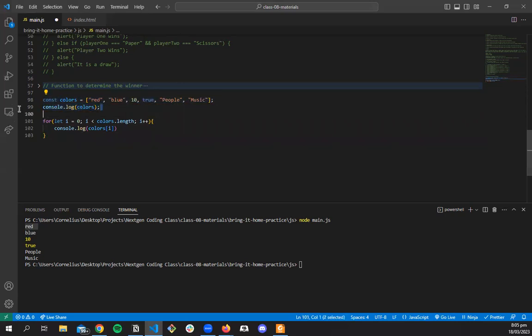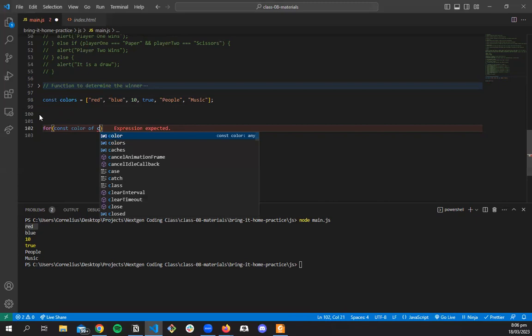So that is one way we can loop over arrays and do stuff with them. The other way you could do it, you could do the same thing with what we call the for...of loop. So it's the same thing. You just have this, then you declare your variable with const. When you're looping over arrays, this is probably easier to understand. Then you have the name of your variable. So let's call it color,